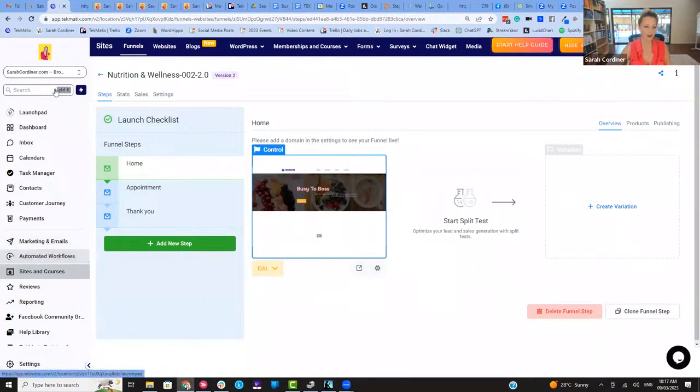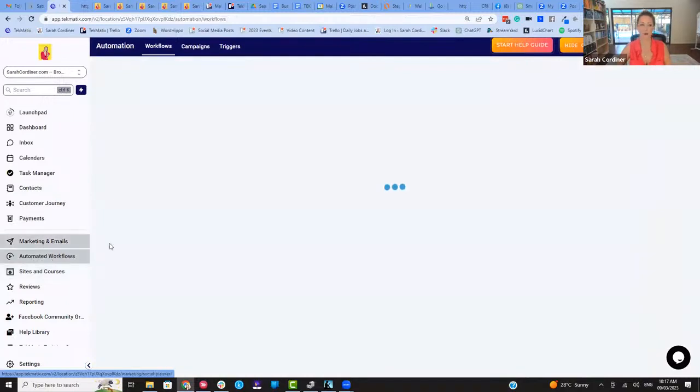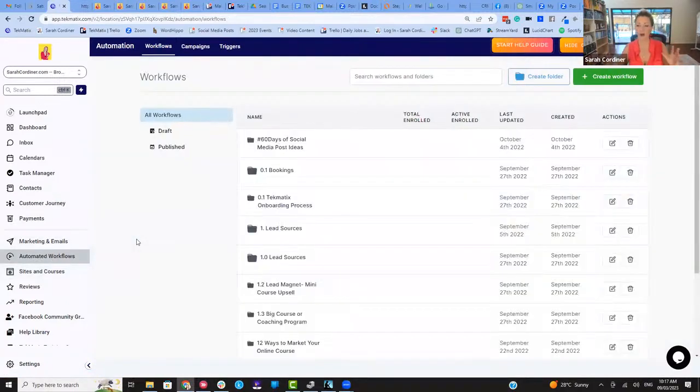So over here on the main menu on the left-hand side, you're going to click on automated workflows. And we are going to create a workflow for this particular product. Now, by the way, when you log into your account, you will see that I've made some for you already. You're welcome. I'm always adding new automations in there for you to make your life as easy as possible, but we're going to press the big green